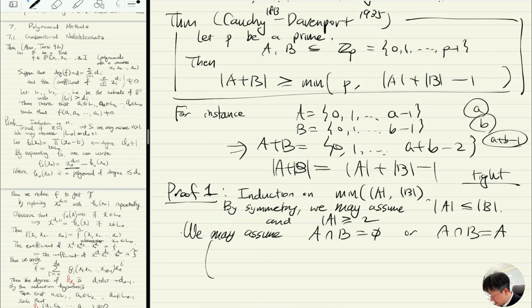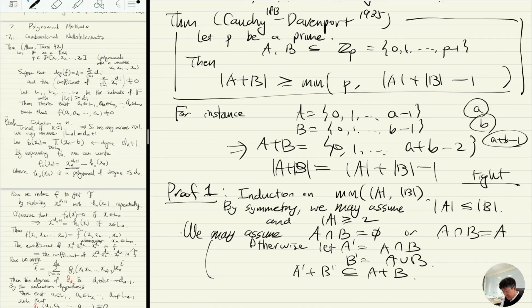The reason is, otherwise, let's say A prime is the intersection and B prime is the union. Okay, then what's happening is A prime plus B prime is a subset of A plus B, right? Because whenever you choose an element in A prime and an element in B prime, then